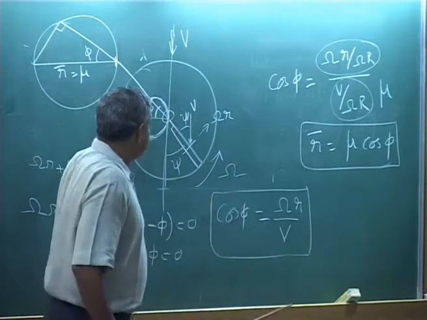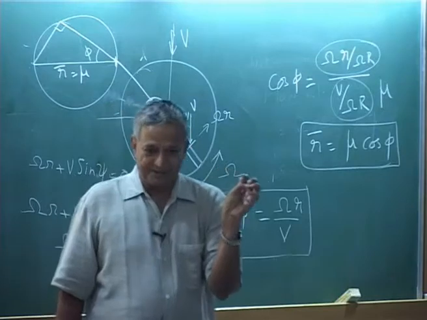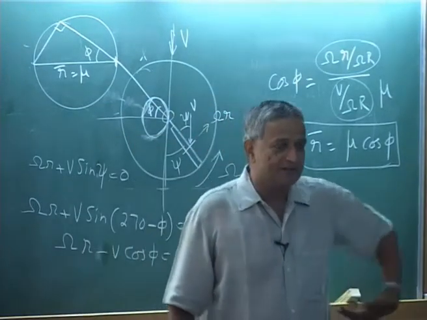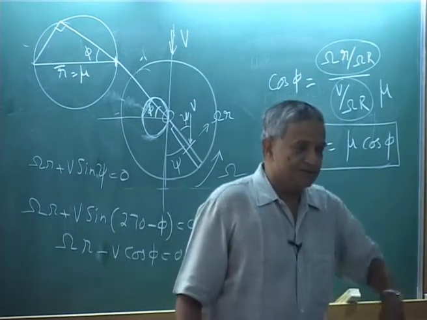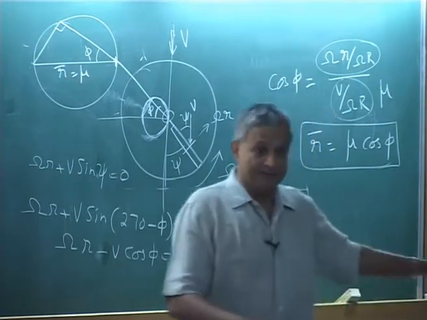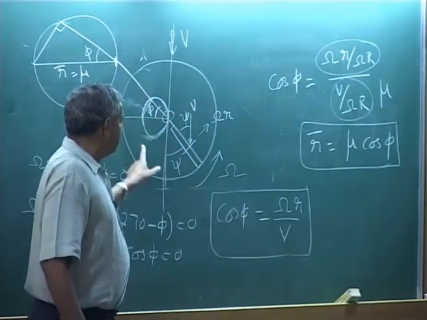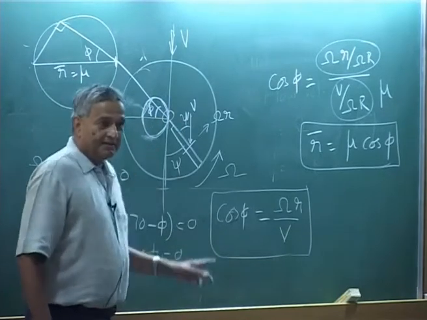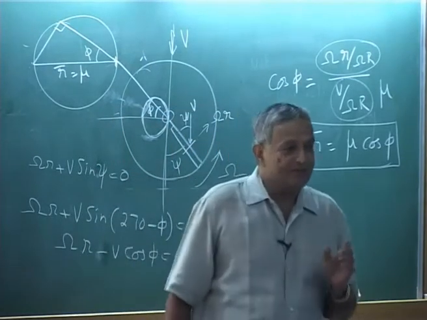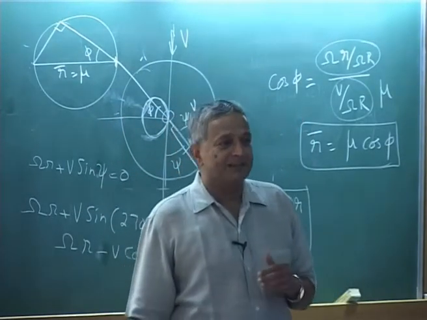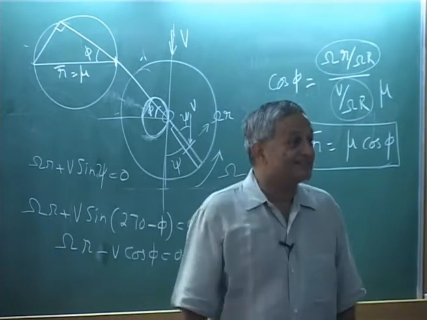Now, that region is getting reduced. Okay. As you keep on increasing your speed of the helicopter, the reverse flow region will become bigger and bigger and bigger, because it will occupy large area. This is one of the reasons. I won't say this is the only reason. This is one of the reasons why helicopters cannot fly at very high speed, because you can't make the entire retreating side